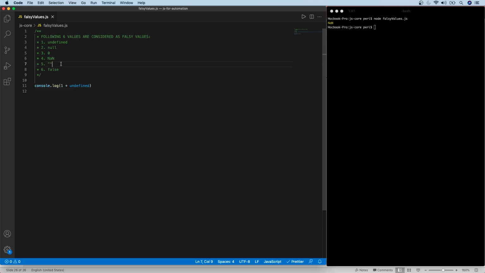And again, this is an empty string. Basically, this can be enclosed with single or double quotes, and obviously false. So these six values will evaluate to false in a Boolean context. Now when I keep saying Boolean context, what does it mean? A typical example would be an if condition. What is this condition expecting within the parentheses? It expects a value or an expression which will evaluate to either true or false. It can't expect anything else, right? That's the Boolean context: something that expects only a Boolean value, either true or false.